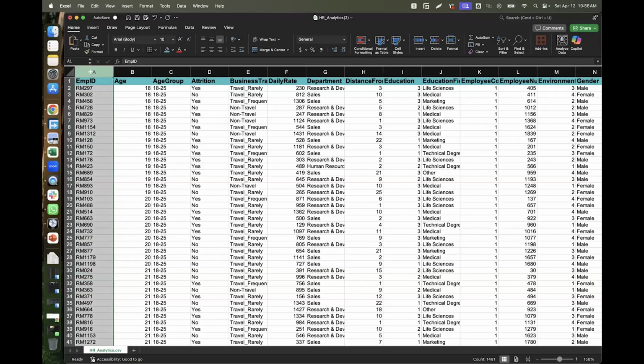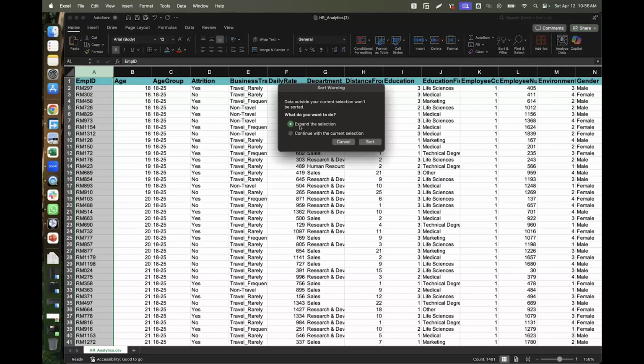So assuming I want to order this by employee ID, what do I need to do? Very simple in Excel. The first thing I'll do is I'll come here. I'll say sort this from A to Z, and it will sort it for me from A to Z. And it will ask me if I want to expand the selection so that when it is sorting everything in this column, it will also rearrange every other thing in other columns. So I'll sort it this way.